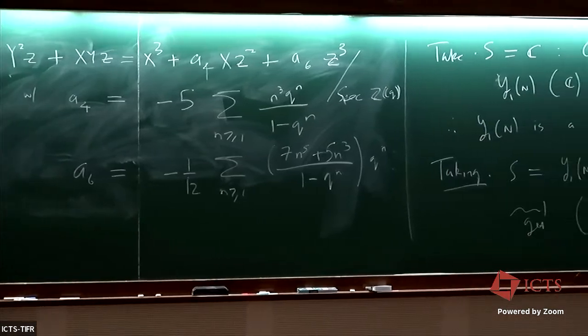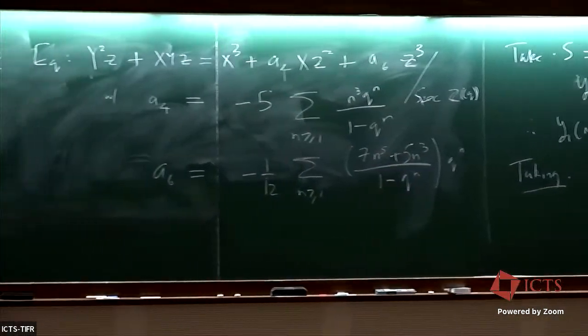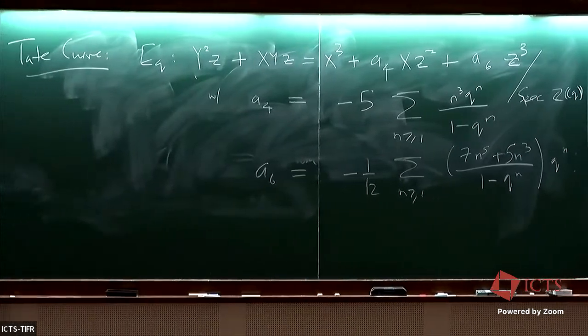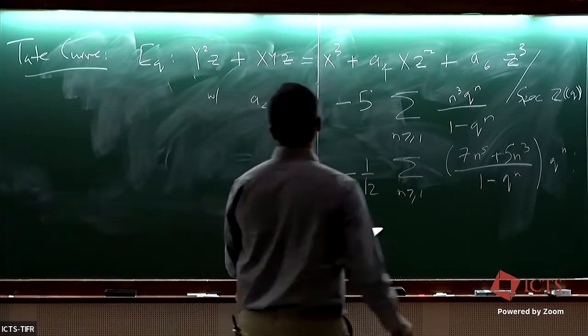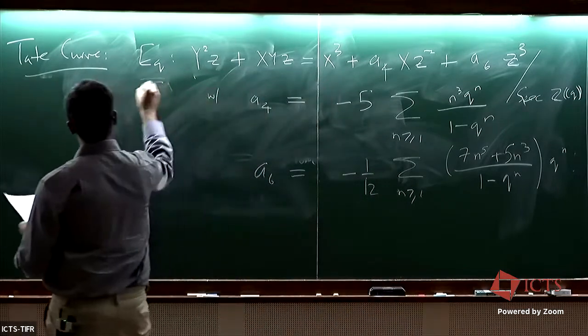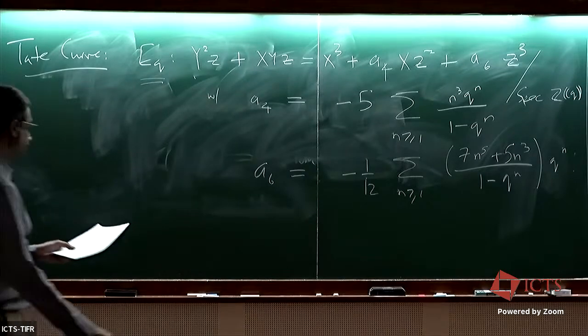So there's an equation for this elliptic curve in terms of the parameter q, and those are the formulas. It's called the Tate curve, the Tate curve model of this elliptic curve. And it'll come up a lot, E_q. Okay, so what is the motivation in Deligne-Rapoport? So what they do is,